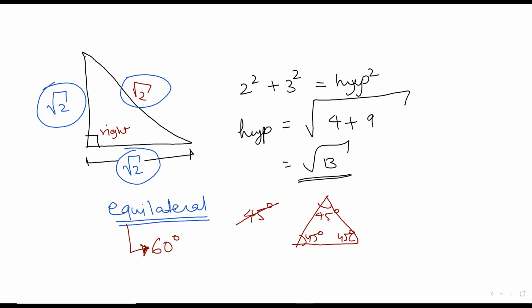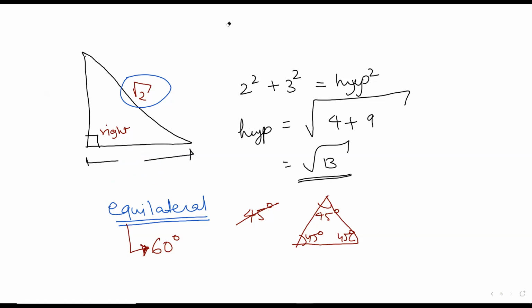So my question was, Veer, you said that it's possible for us to have this triangle. You said both of the sides can be root 2 and root 2. But then I asked, if all three sides are the same, then it will have to be an equilateral triangle. But an equilateral triangle cannot have a 90 degree angle. Yes, ma'am, all angles should be 60 degrees. Right. So, did you realize where your mistake was over here? That it cannot be root 2 and root 2. Yes, ma'am, it has to be something else.